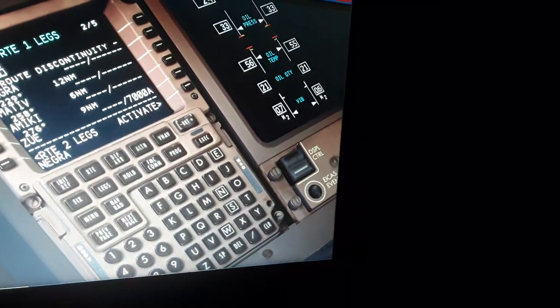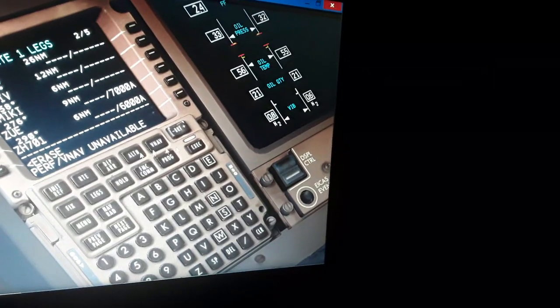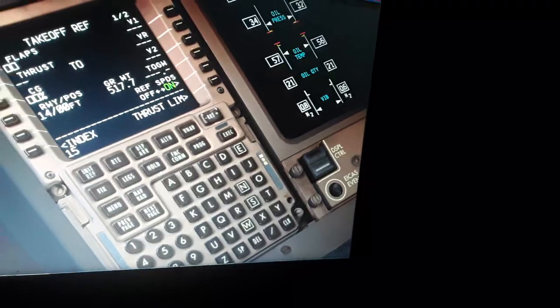So we have this set, activate and execute,